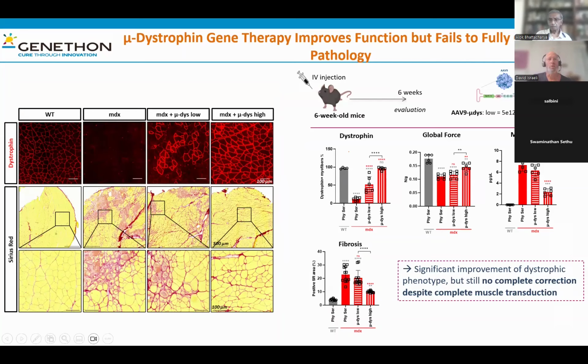And so now let's shift quickly into gene therapy. In gene therapy, gene replacement, what we do now, also in human patients, the microdystrophin, it is increasingly used and now approved by the FDA, and we're using in Genethon exactly the same construct in animal experimentation. Here you can see dystrophin is visible in a wild type, completely absent in the mouse model, but then when you transduce it with the AAV with a microdystrophin, increasingly in a dose-dependent manner, the dystrophin comes back, and the